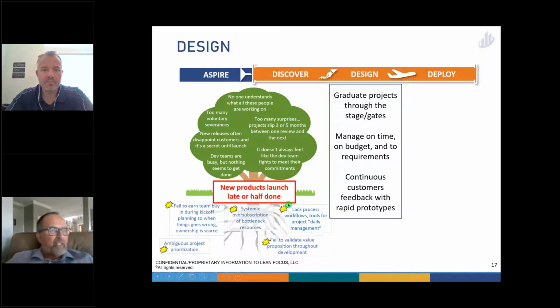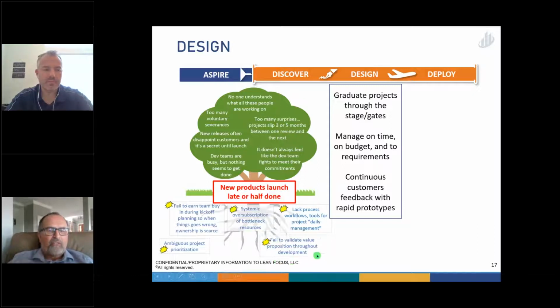So at the beginning of the project, we kick it off, maybe you're putting in $500,000, maybe you're putting in $5 million, but when you start the project, there's an end date. How often do we hit that end date? Well, for a lot of companies, it's well under half, under a quarter. What are some of the root causes that we can address?